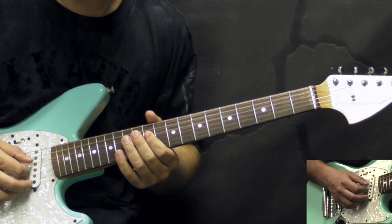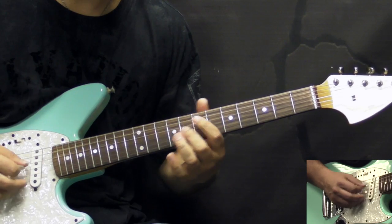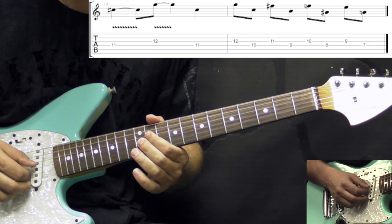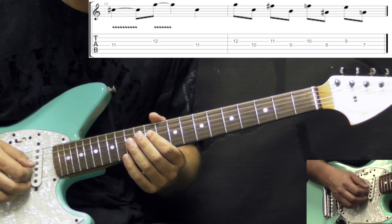Then we have the last part, which is, so we go down to the 11th fret on the D string, then we have 12 on G, back to 11 on D, and then we have